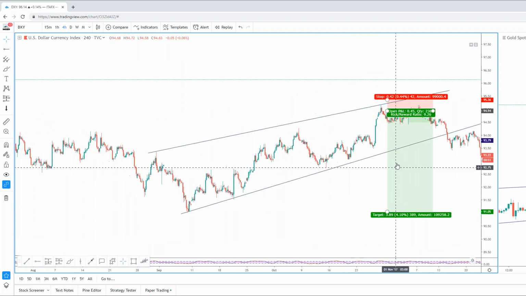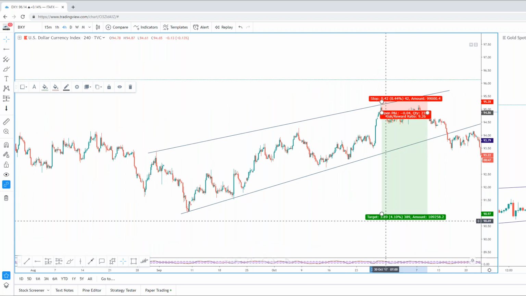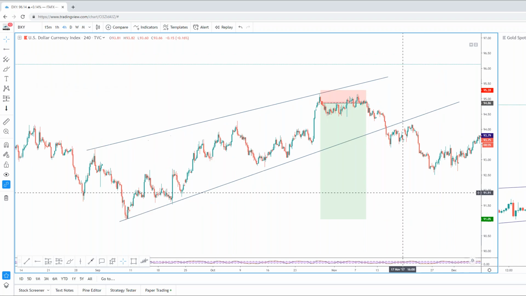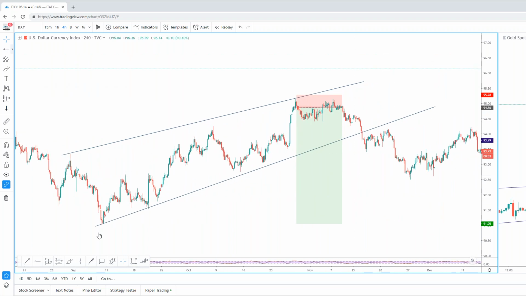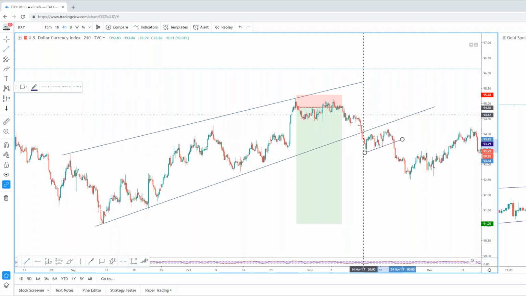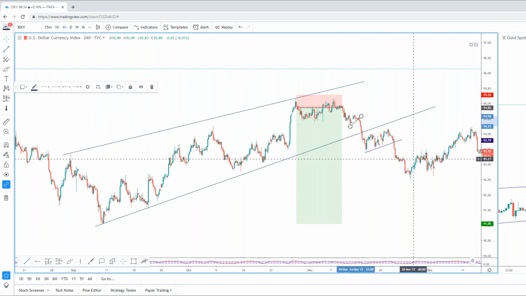So if we actually look at this here, now this all comes down to discretion, but just by moving into the lower time frames, once you've understood the greater structure on the daily time frames, that 3.4% trade has turned into just over 9% with multiple opportunities to scale in. Now that comes with experience, that comes with understanding the go-to setups, but you've got this bull move down, impulsive bearish move down, corrections, impulse, correction, impulse, correction.